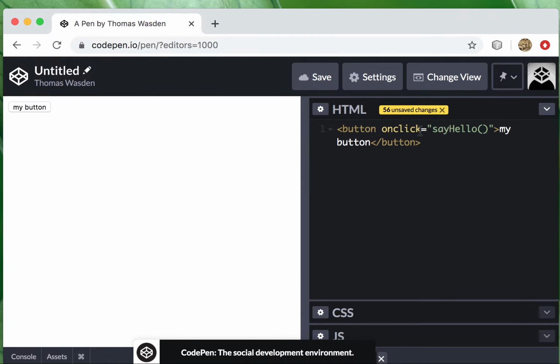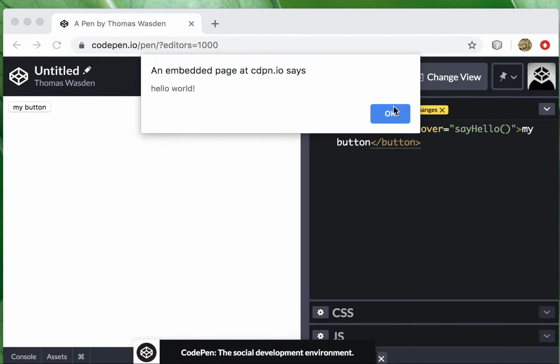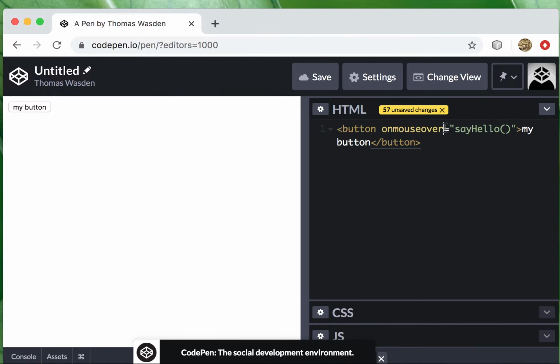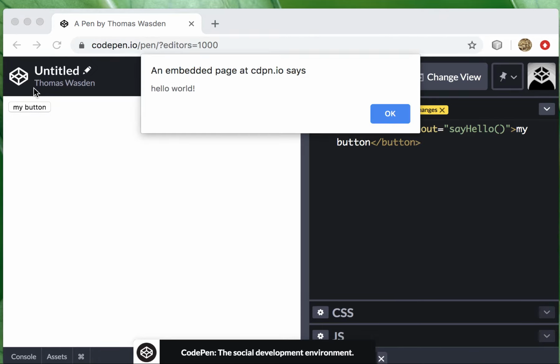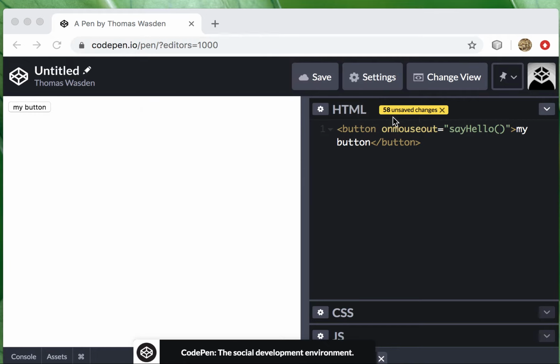There are also other JavaScript events. So you can say onmouseover. And so instead of on clicking this, something will happen when you go over it. Onmouseout. And so now we'll give it a little bit of time to load. So now when you go on it, it won't trigger it, but when you go off of it, it will. So that's interesting. There are lots of JavaScript events, and they'll be very helpful